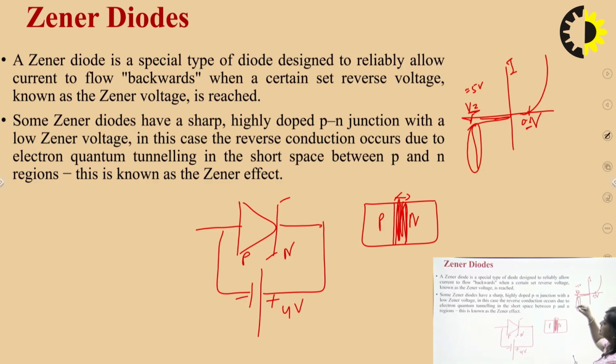In this region only, the Zener works as a voltage regulator, because after the breakdown voltage, if we increase the reverse bias, the voltage across the Zener will remain constant, and only the current will increase. This current will increase, and this is called the IZ minimum, and this is called the IZ max. So in this region, it acts as a voltage regulator.